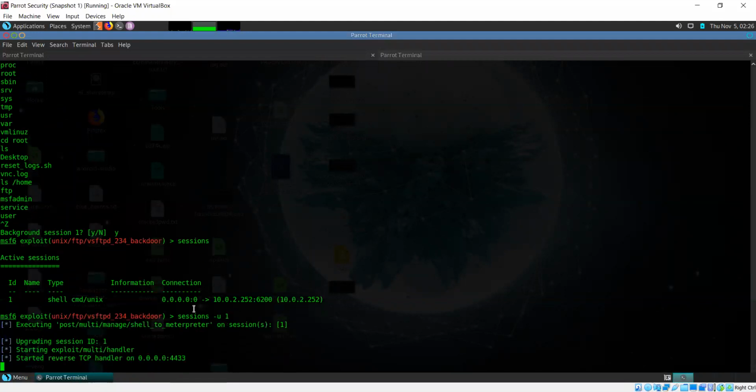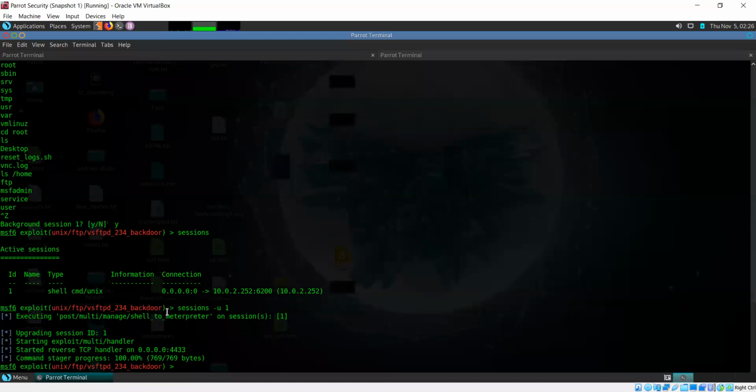What this is going to do is upgrade my session to a meterpreter shell. It says upgrading session ID one. Let me run the sessions command again.